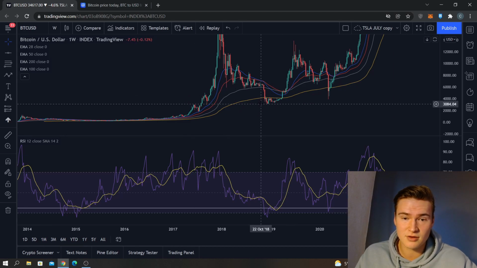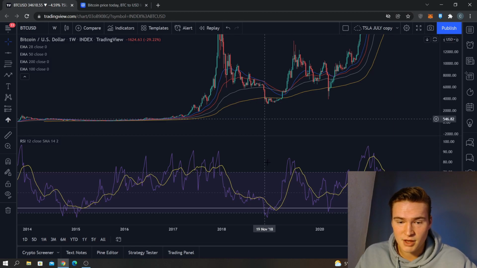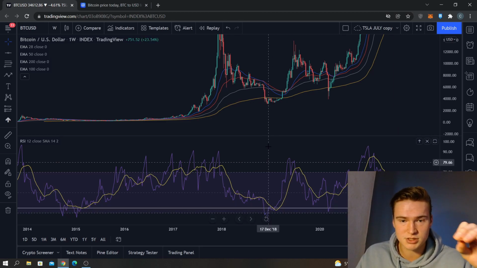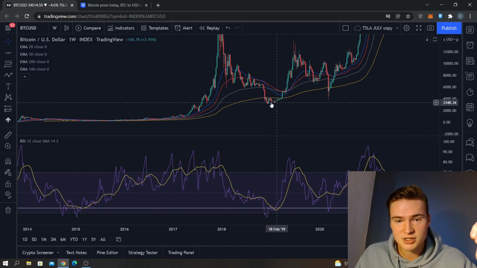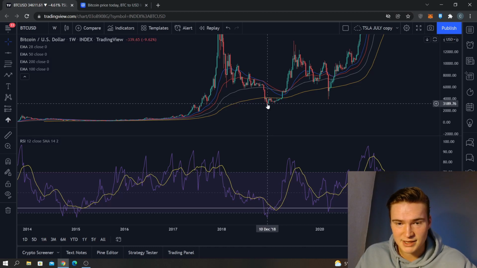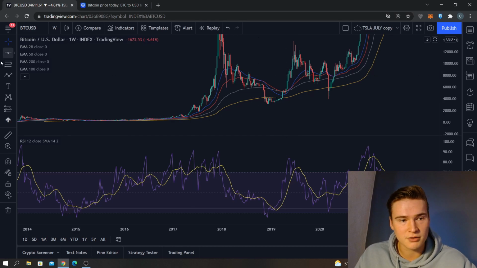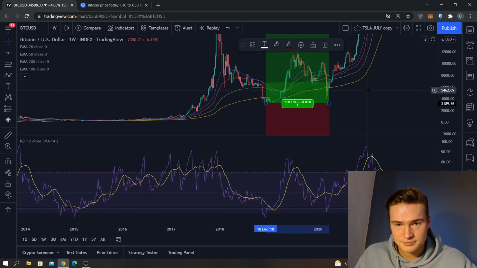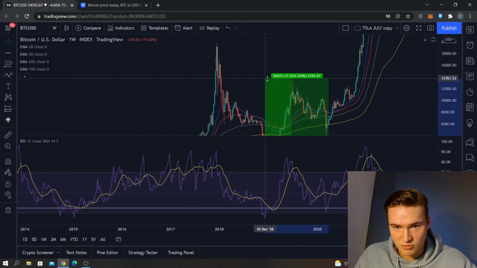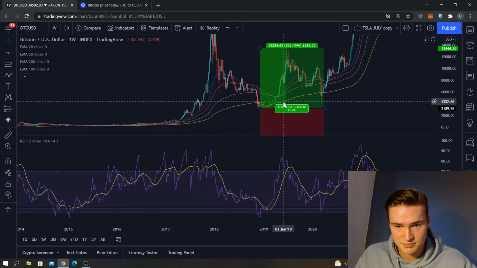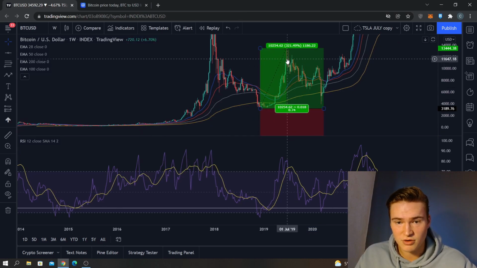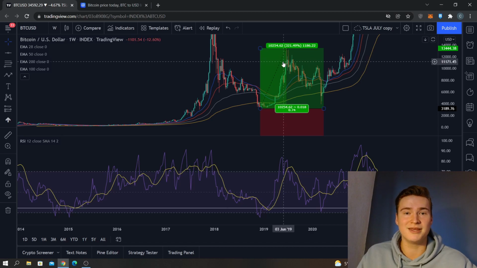After that, as you can see from the first time we dipped below that, we did dip a little bit lower than where we are right now, so you must understand that. But we did not really go any lower. We went a little bit lower, but that's really negligible if you look at the full move down. And after that, a move of 300% over the course of almost a year.